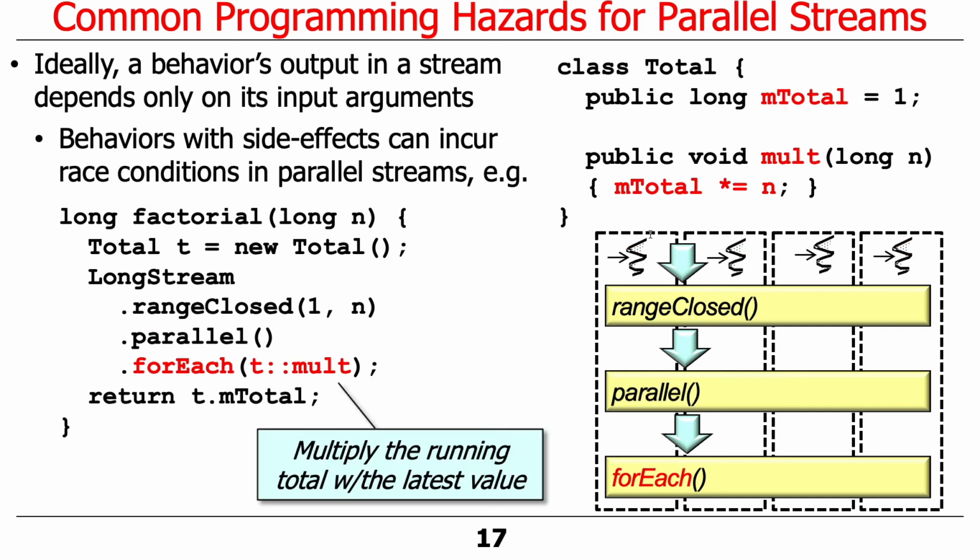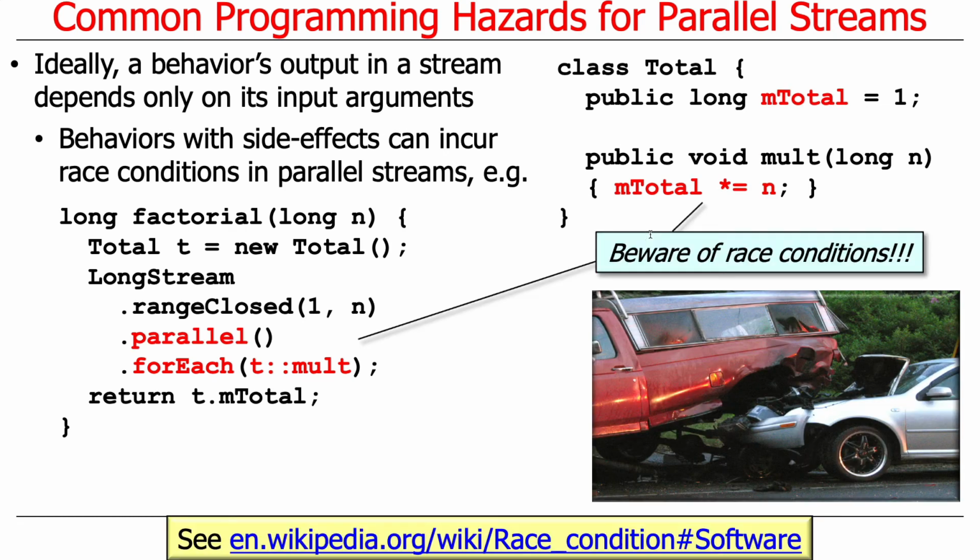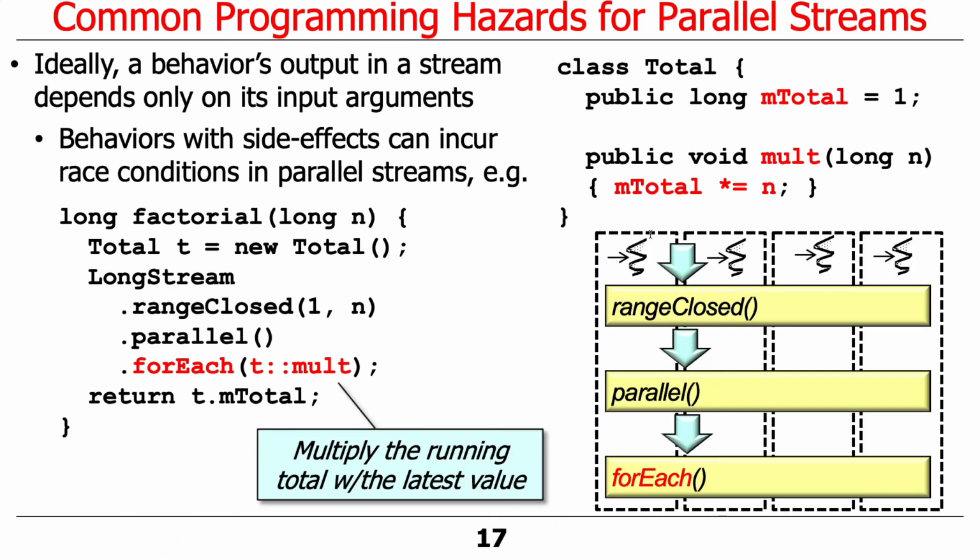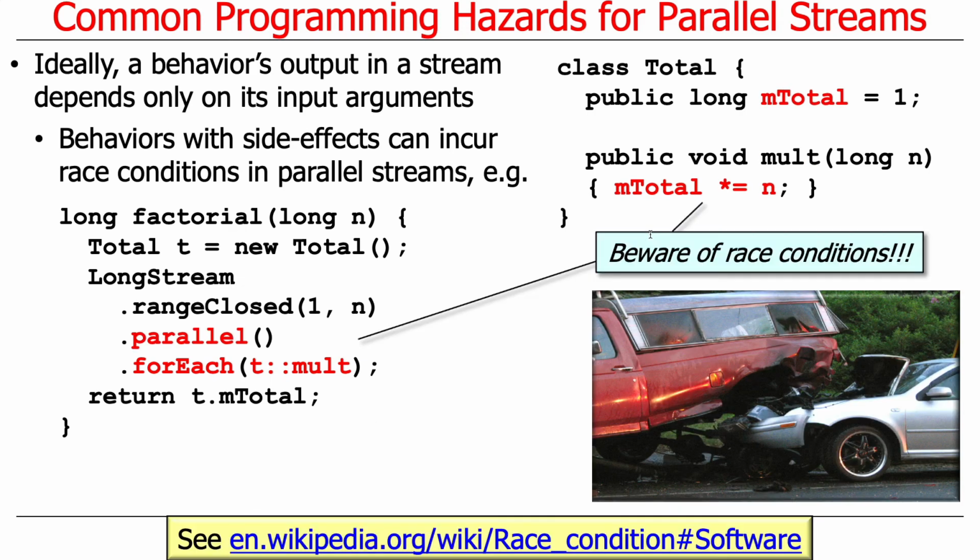And then for each element in this range, we're going to multiply the number 1, 2, 3 up to n by calling t : mult. So that'll call the mult method on the t variable. And we're going to multiply the running total with the latest value. And this is where chaos and insanity will ensue, because all these different threads that we show here will be calling mult at the same time, or close to the same time, and they will say mtotal times equal n,